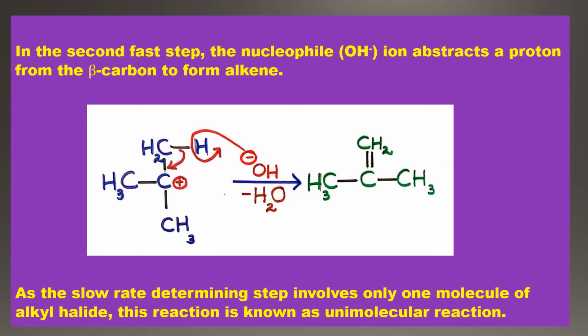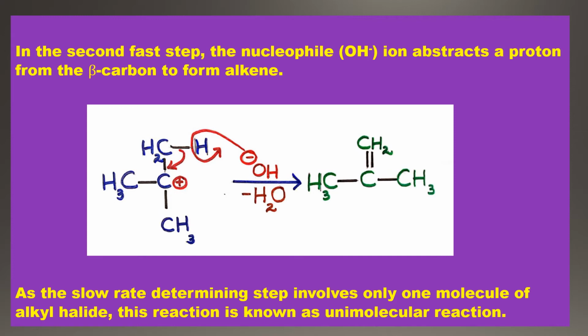One carbon, 2 hydrogens I have written together, CH2, and 1 hydrogen I have written separately. Hope you can notice this carefully, students. So the OH minus ion I have written on the arrow. This OH minus ion is taking up the proton, that is hydrogen, as H plus. Look at the arrow, how I have drawn it. OH minus is taking up the proton, that is H plus.